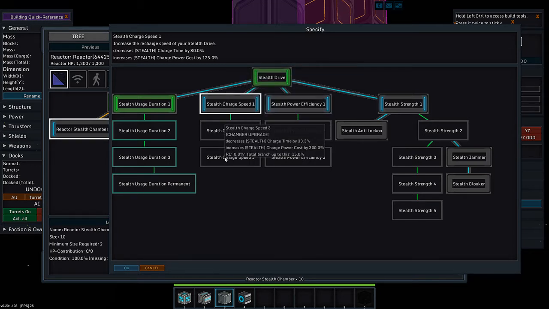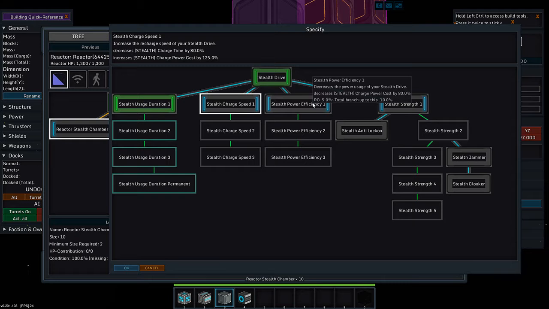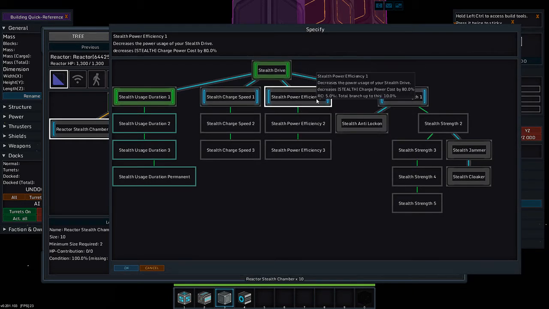Actually, no, it looks like stealth charge speed 3 is free. Huh, okay. Power efficiency, this is going to reduce the cost of power to run it. So, it decreases the stealth charge power cost by 80%. I'm guessing it takes it to 80% of what it normally costs. It's going to reduce the cost by 80%. And it's 75.33. So, if I set this here,